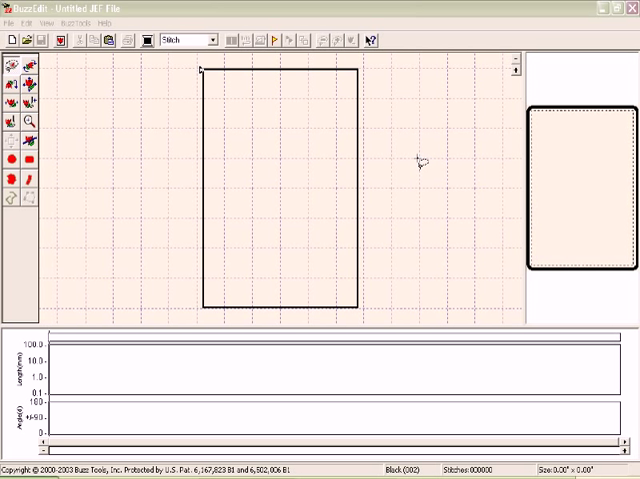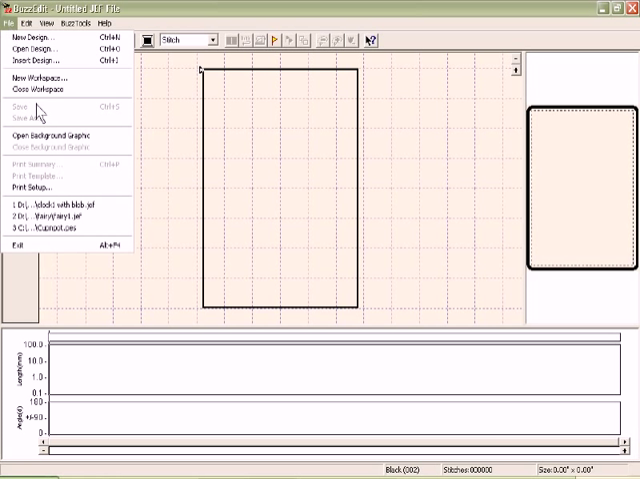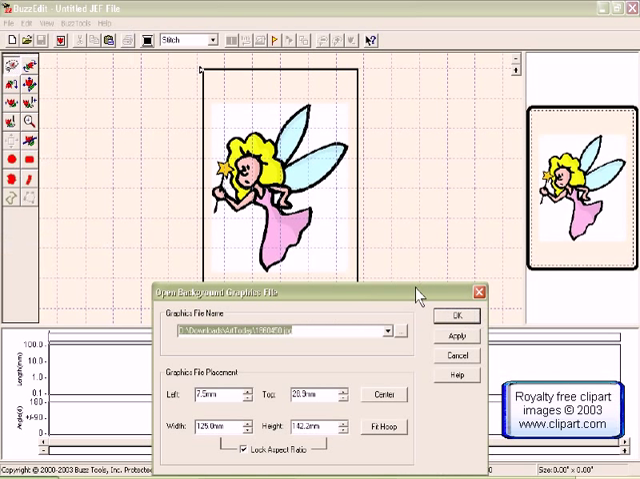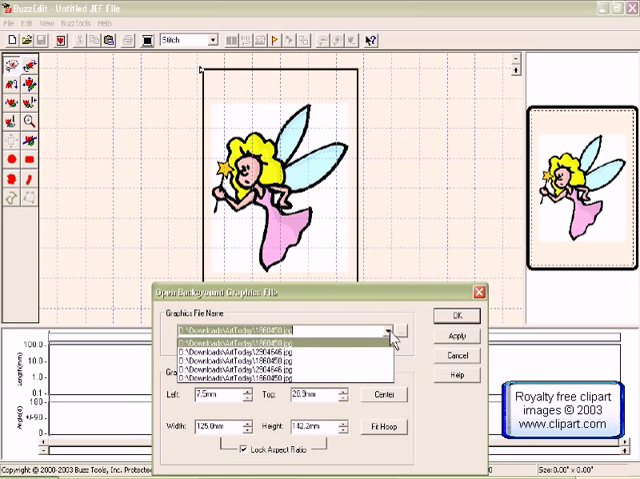BuzzEdit version 2 allows you to open background graphic images into your workspace. This may be accomplished by selecting the shortcut key at the upper left corner here, or by going to the File menu and selecting Open Background Graphic Image. A dialog box opens which displays the previous images that you have used as background graphics here in the pull-down